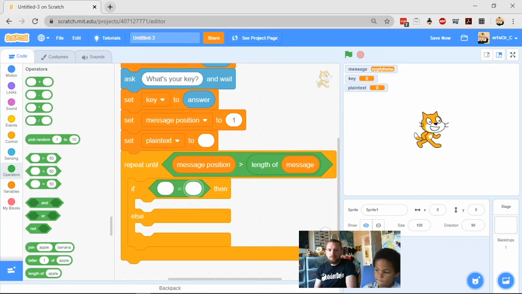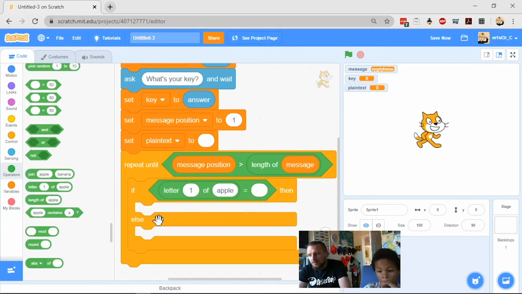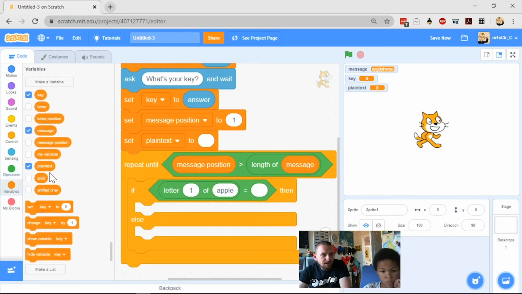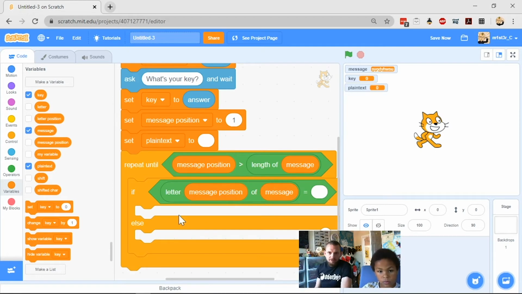Cool. And then we want an of. Can you see one that says of? Letter something of something. It's down the bottom, it says letter 1 of apple at the moment. Up a little bit. Letter 1 of apple, that's it. Plug that into our first hole, good. And then where it says 1, we want to go back to our variables and get position in message. So message position, our longest one, that's it. Plug that into the first hole. And then we want message in the next one, with a tick next to it. Message. Cool. So if our letter in the position we're currently on of our message is empty, then add a space